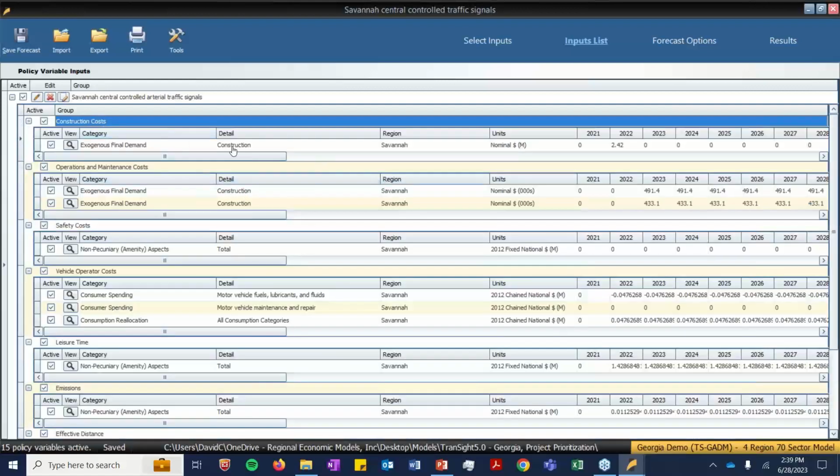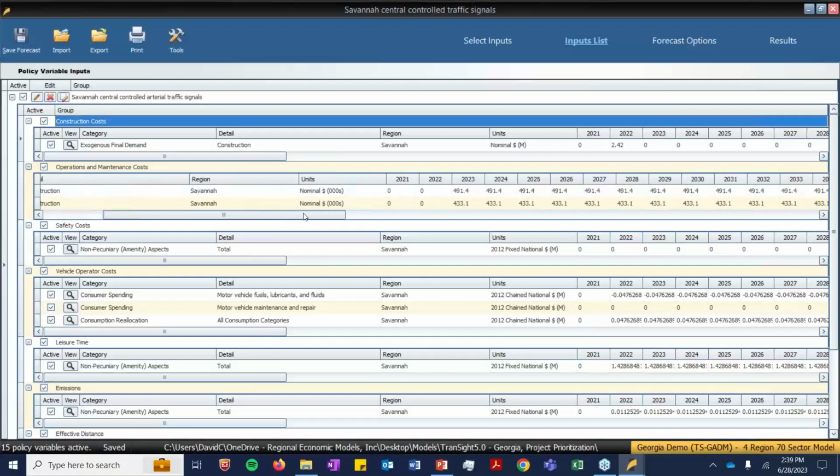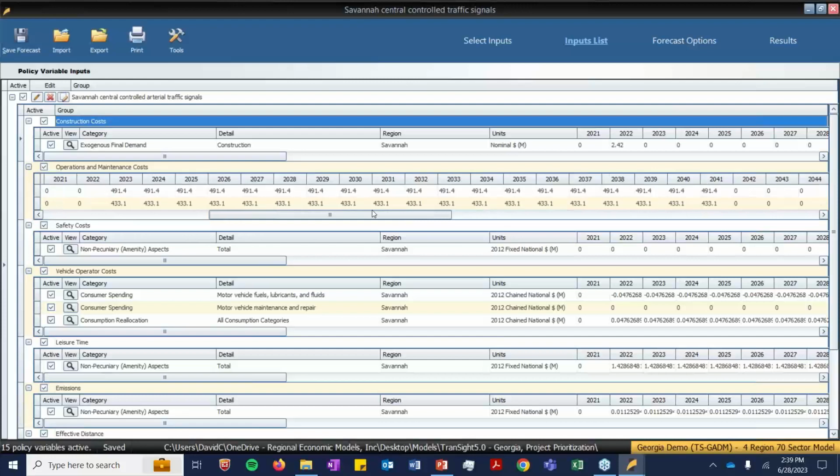All of these inputs, including construction costs, conveyed as exogenous final demand, and operation and maintenance costs. We have an initial investment in the central controlled arterial traffic signals project, and continuing costs going throughout the length of the project.